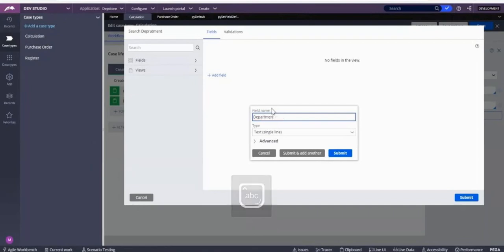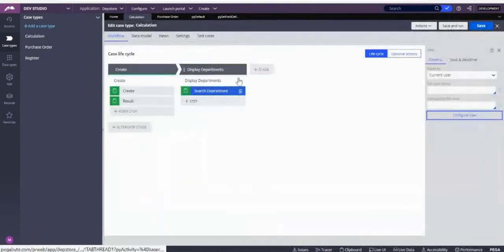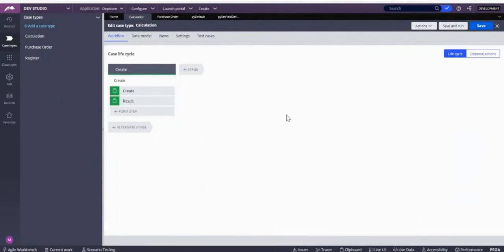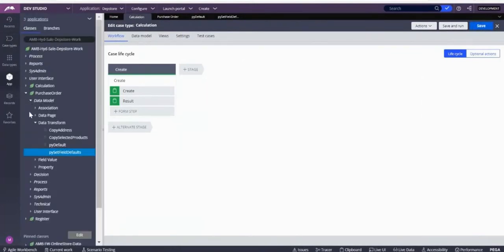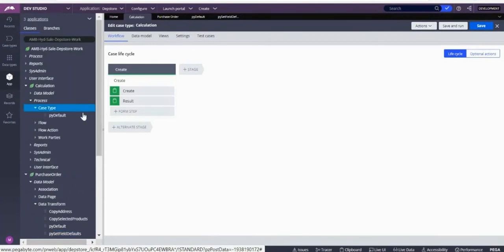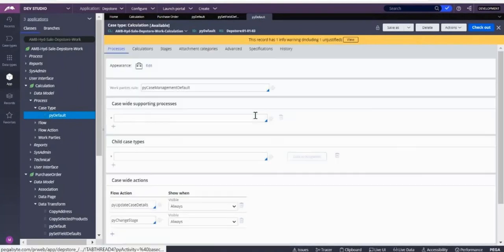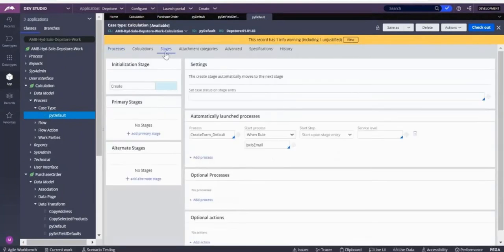Most of the times you will not use the case type, so go to App Explorer. In this I want to do an extra stage, so I'll go to calculation, process, case type, py default. We have to open this py default, and in this py default we have to create our stage.